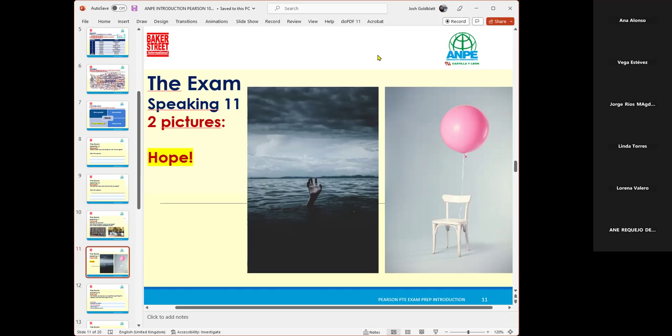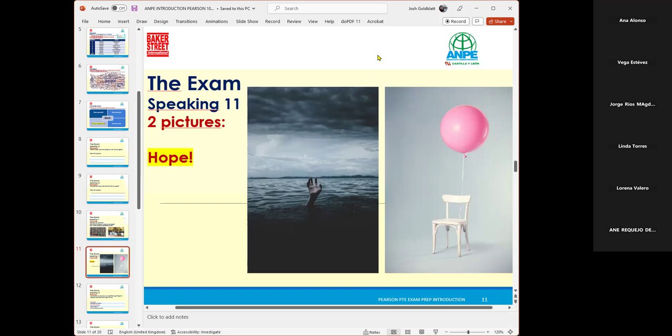Good. Anything else? So number one, okay, thank you. All right. Remember, this is not a dialogue. This is not a discussion. This is just you describing. So the interviewer will just say two things. Describe the pictures, please. And is there a connection? For one minute. And the second one will be, these are posters which we would like to call hope.